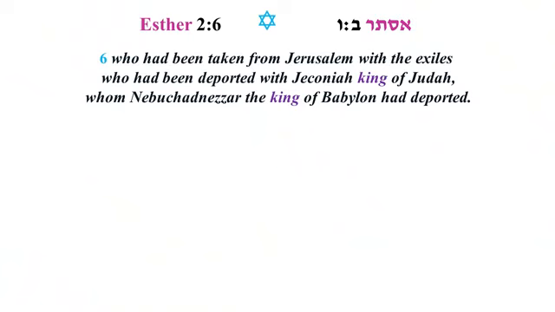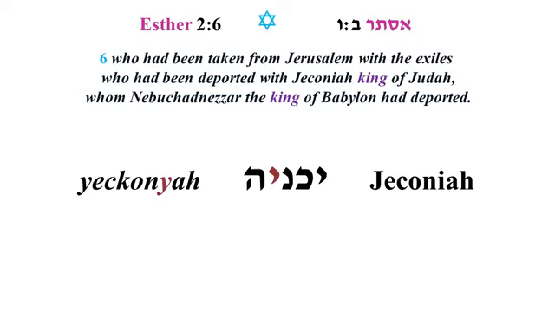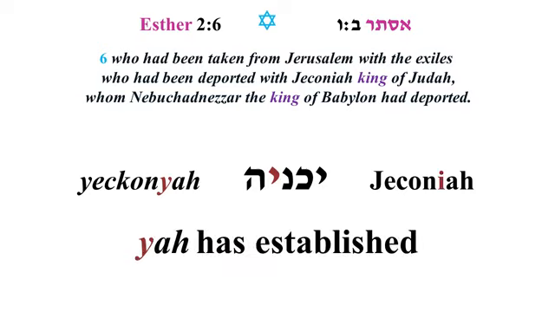Verse 6. We've already read verse 6, but I wanted to point out to you here, I told you that God's name was not mentioned, but it is kind of hidden again here in verse 6. Look in the 3rd line with Jeconiah, king of Judah. Jecon means to establish, and then Yah at the end. Yah is short for Yahweh. So he is mentioned here in Jeconiah. There's Yah, Yahweh.